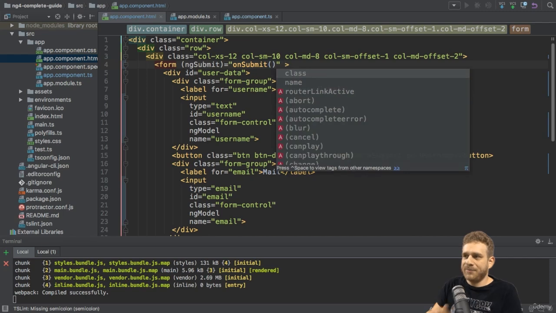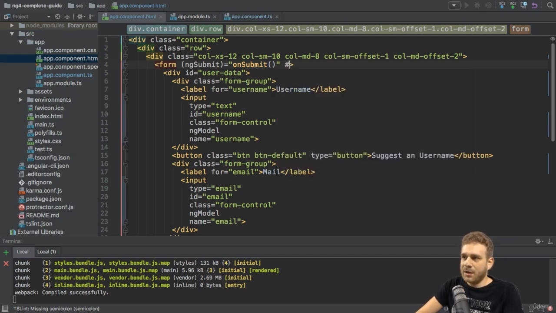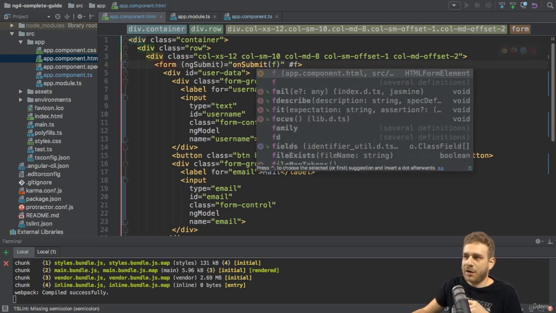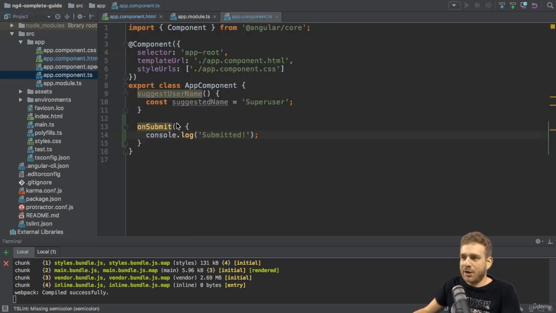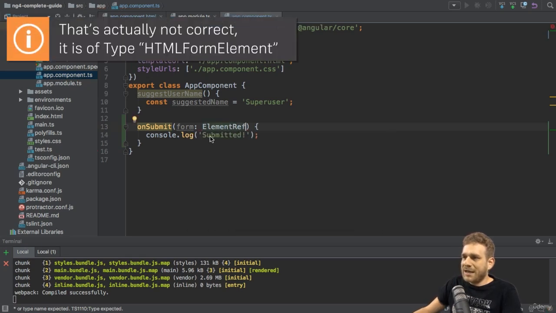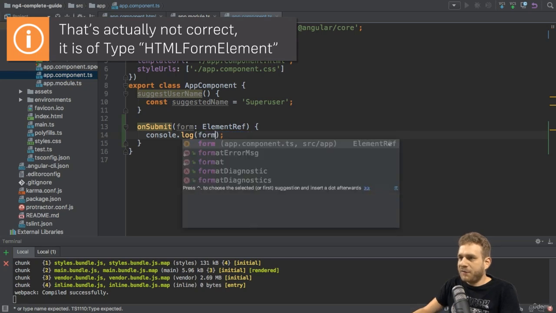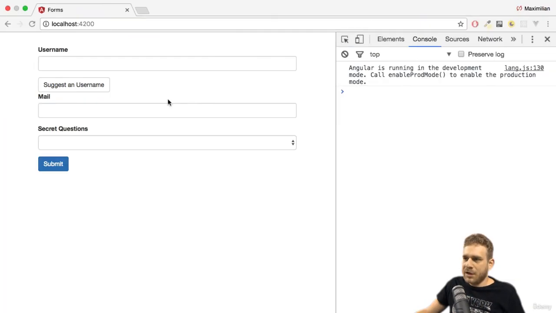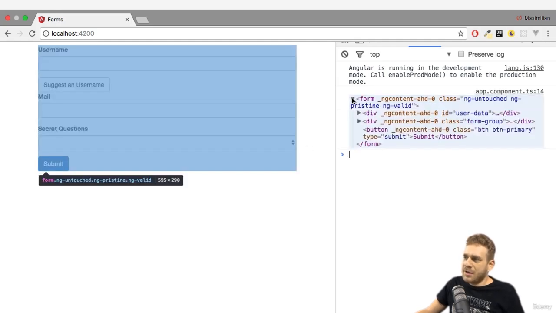On this form object, we want to get access to the form created by Angular. Now you learned about local references you can place on HTML elements to get access to them. So we could place #f on the form element, and now we could access this form element on, well, the f reference in our template, and we could pass f as an argument to the onSubmit method and print it there. So now we know that we get the form, and actually this will be of type ElementRef, as we learned. So if we import ElementRef and make this of type ElementRef here, and we output the form here, so this element, if we now go back to this and hit submit,